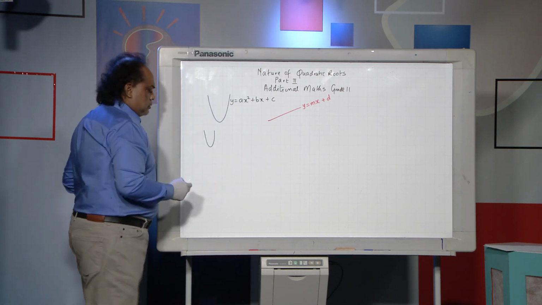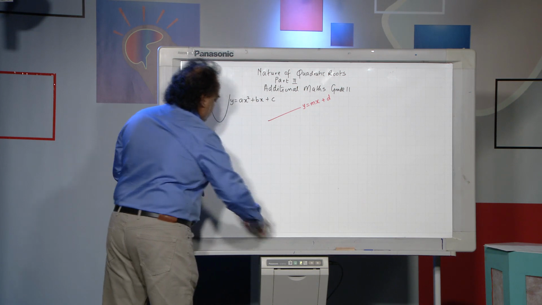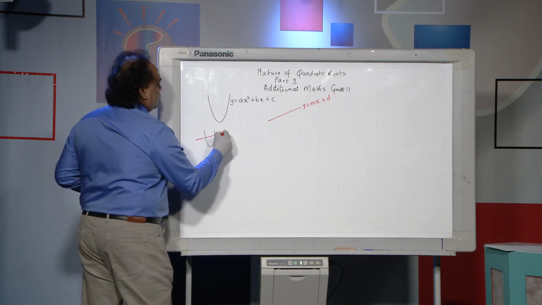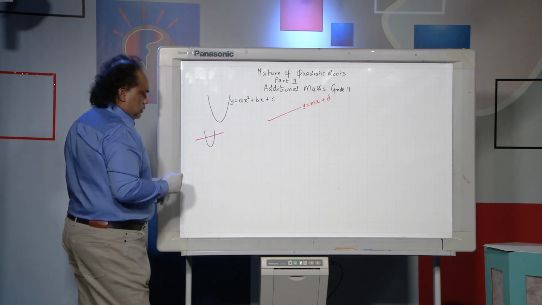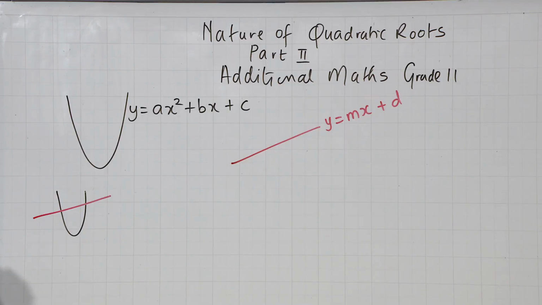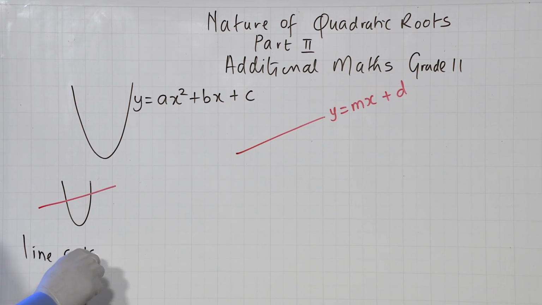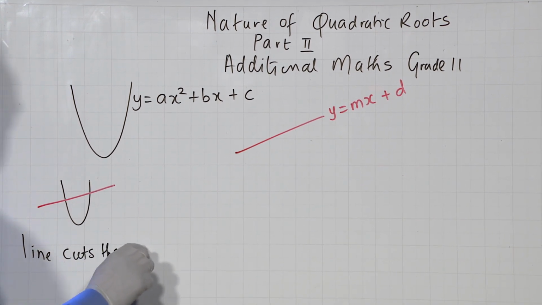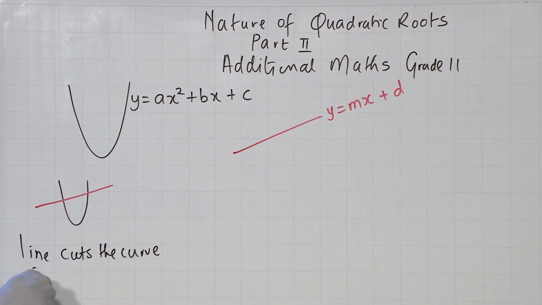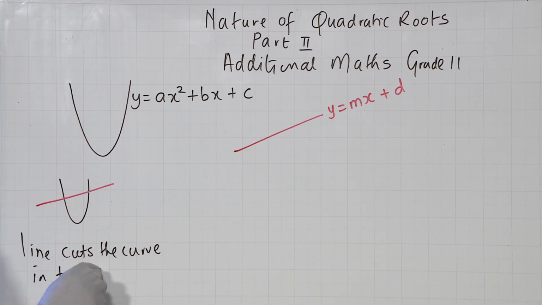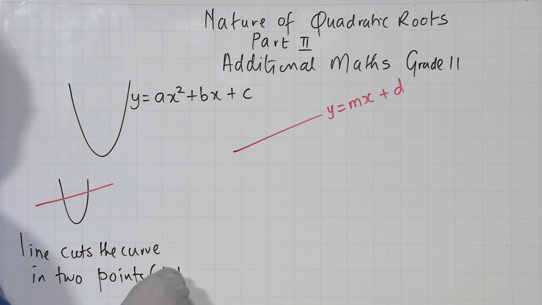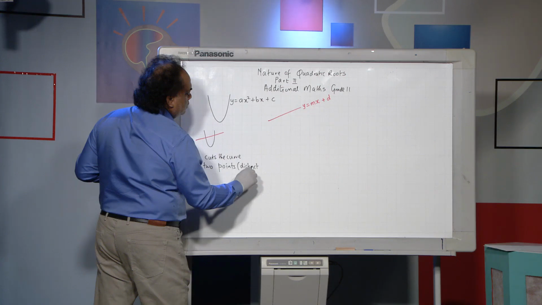Either the line cuts the curve at two places, the line cuts the curve into two distinct points,